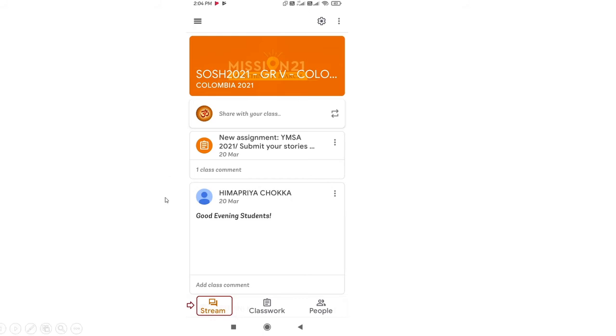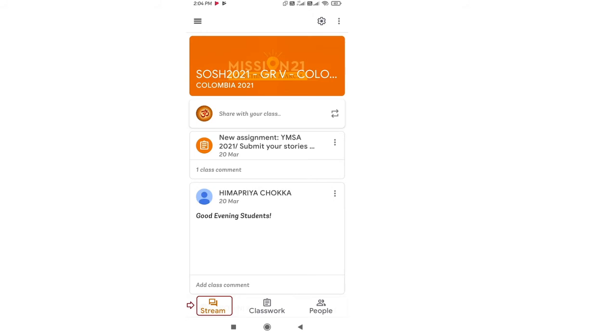At the bottom, you will find three options: stream, classwork, and people. In the stream, you will find your assignments and tasks. For example, here Himapriya ma'am posted some information like good evening students, and there is some information here. So Himapriya ma'am posted some information or some task in this. You can see the task information in the stream.